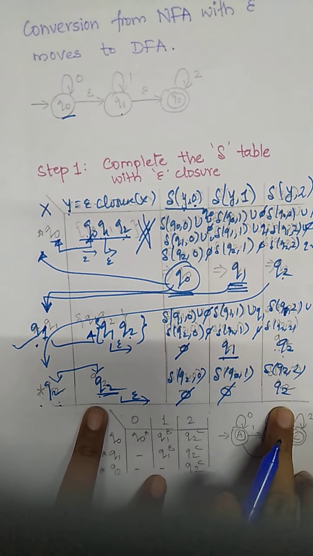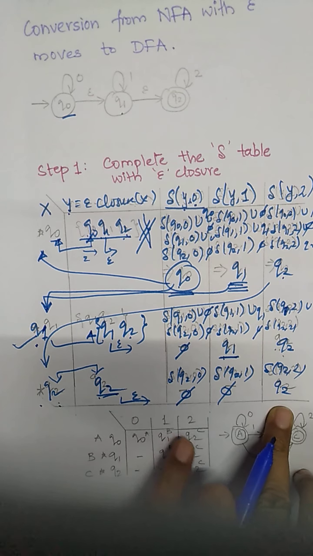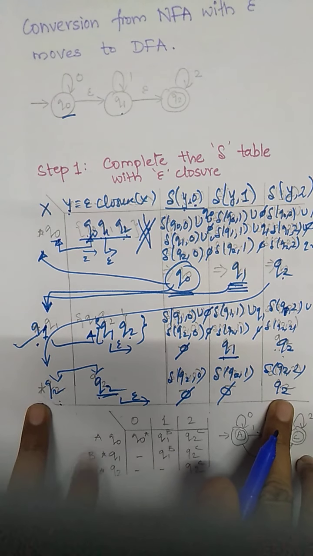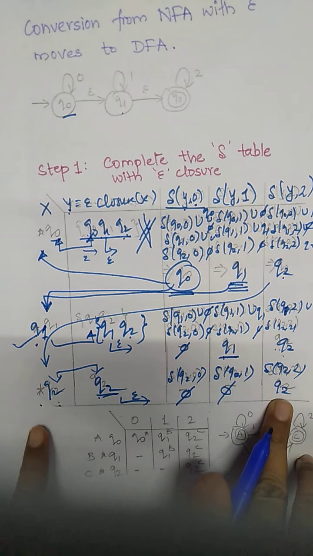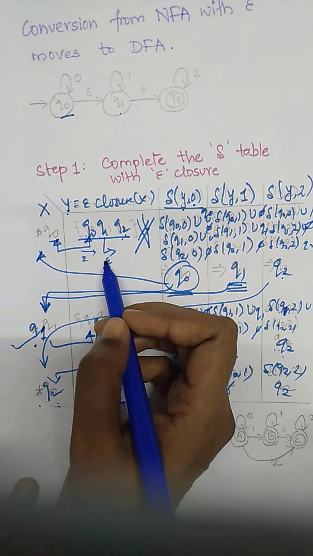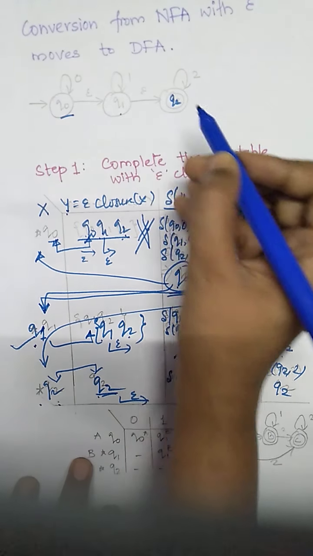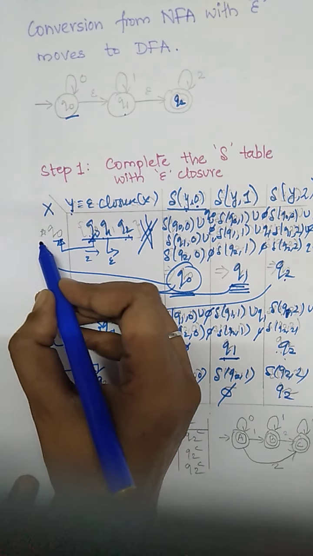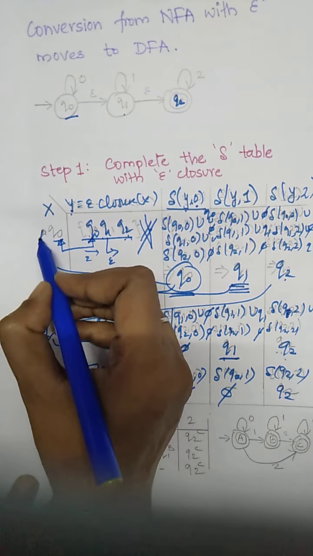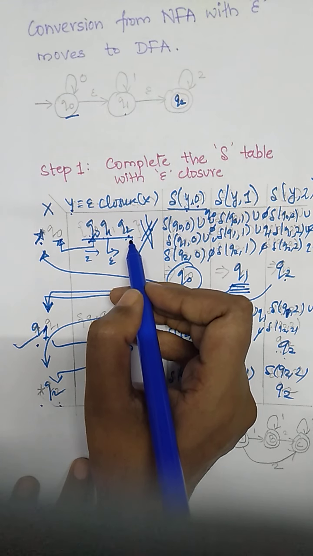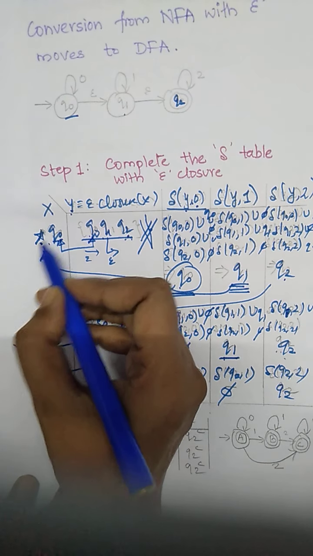Is there any other new reachable state that we had not previously considered? We haven't got any new state that we had not already considered. We got Q2, which we had already considered. Now the next step is to mark the final state. In the epsilon closure, we have to search for the final state. What is the final state? Final state is Q2. Now if we are getting the final state in the epsilon closure, we have to mark that X as a final state. Q2 is in the epsilon closure of Q0, so Q0 will be marked as a final state.